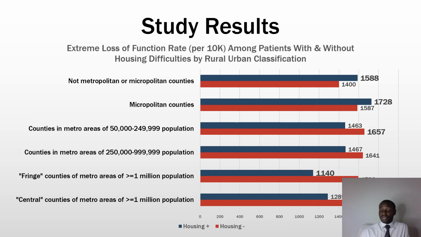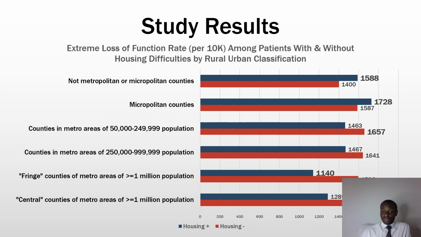Per 10,000 presentations of respiratory presentations. Now, when we look at counties or regions of between 250,000 to a million, we are seeing a similar trajectory compared to what we've seen before in metro areas between 50 to 250,000, at a rate of 1,641 among patients without any housing difficulties, compared to 1,467 among patients